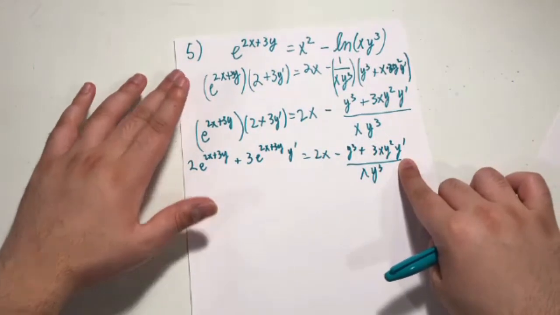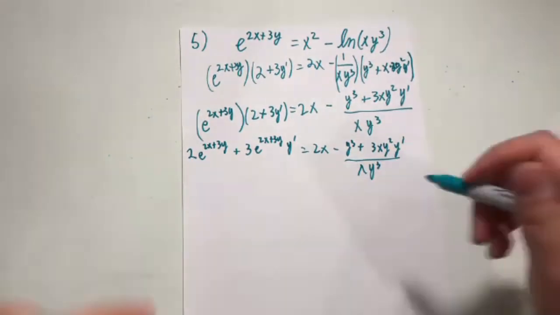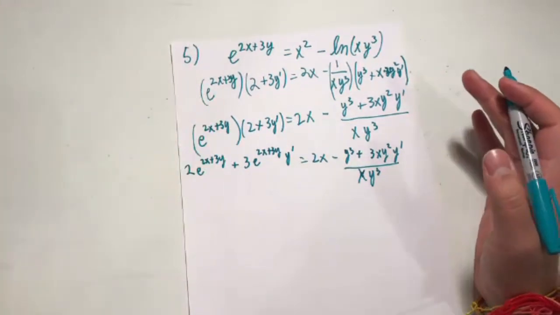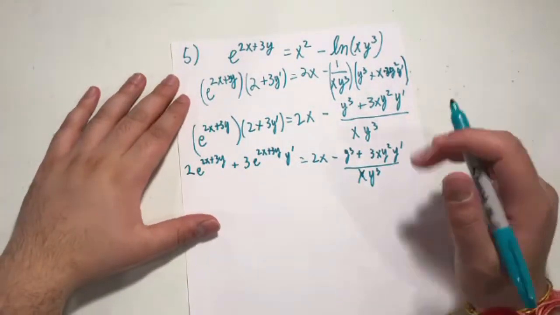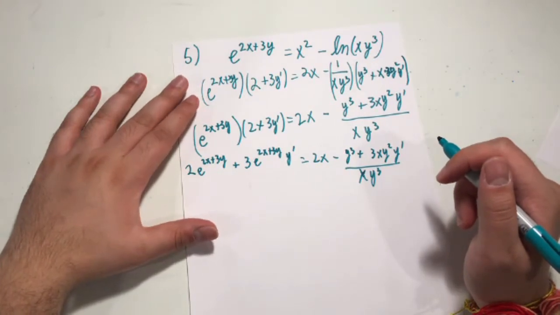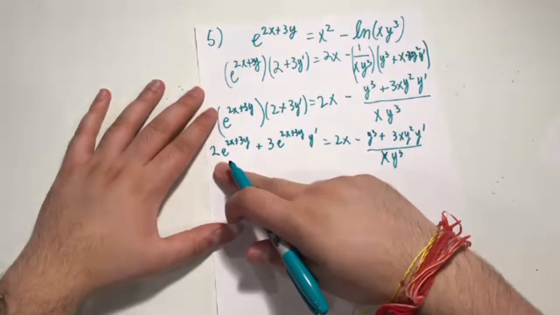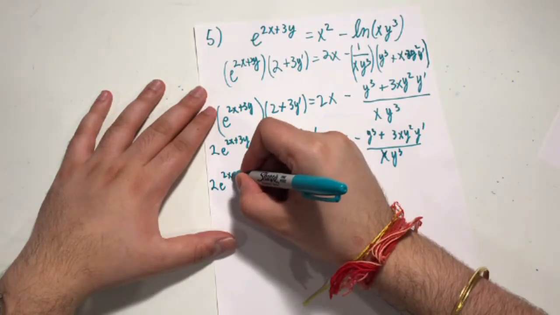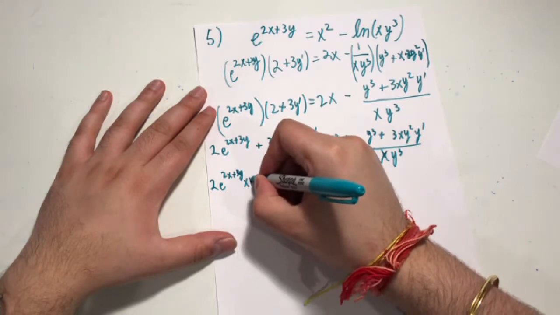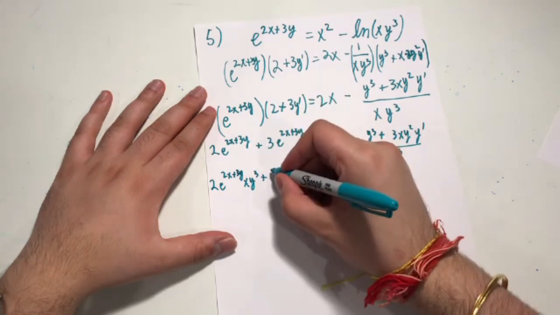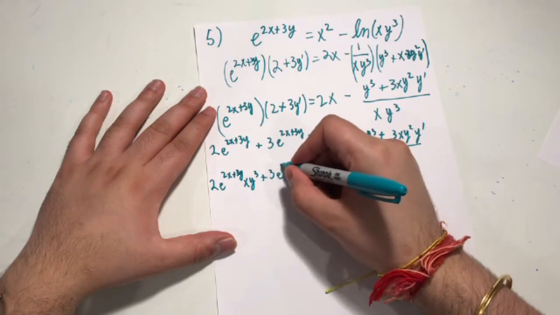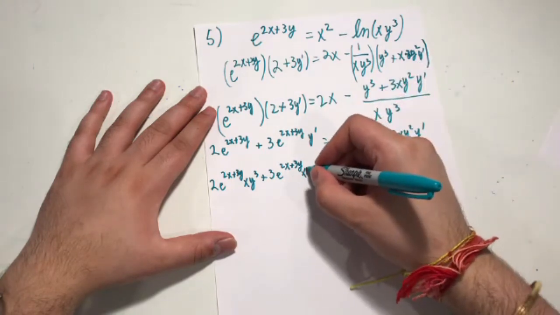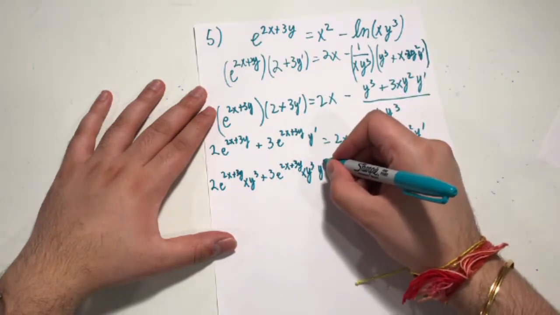Now, getting this y prime out is a bit difficult because we have a fraction, right? We can't just subtract and we can't just multiply. So I think it'll be easy to get rid of the denominator. Multiply both sides by xy to the third. Okay? So here we now have 2e to the 2x plus 3y xy to the third plus 3e to the 2x plus 3y xy to the third times y prime